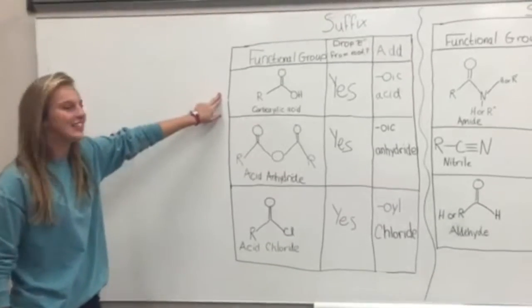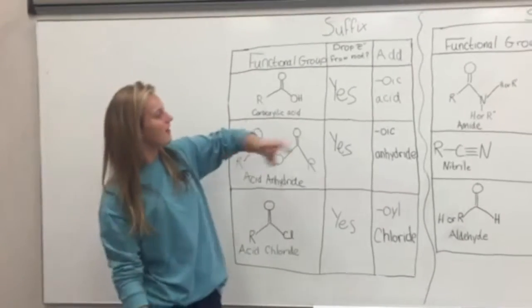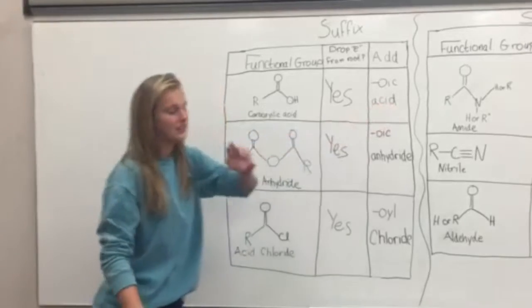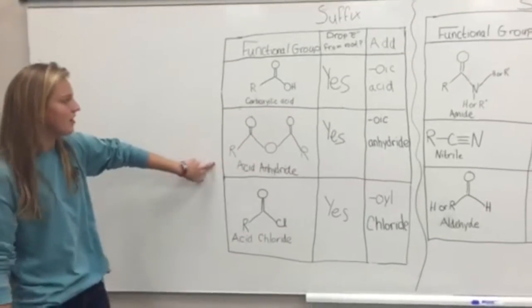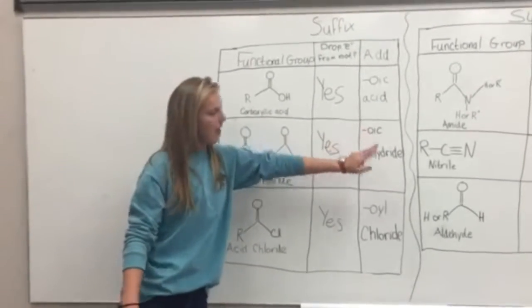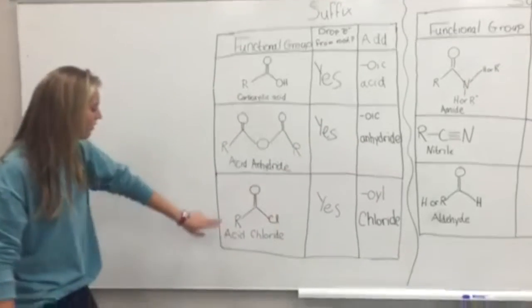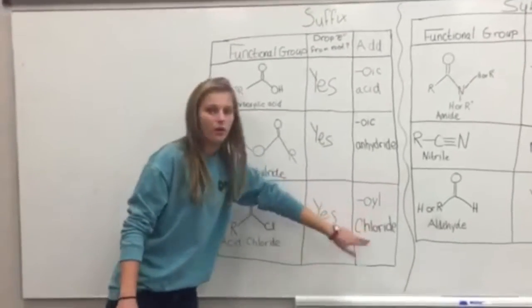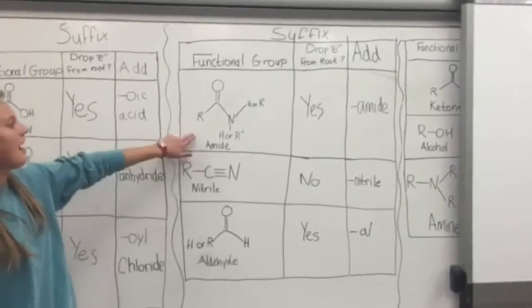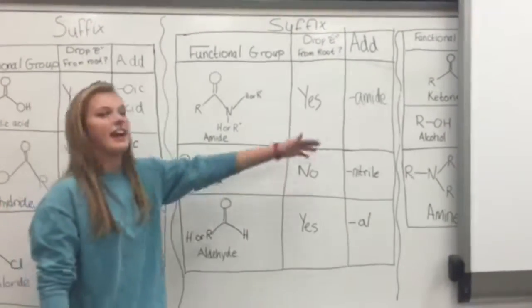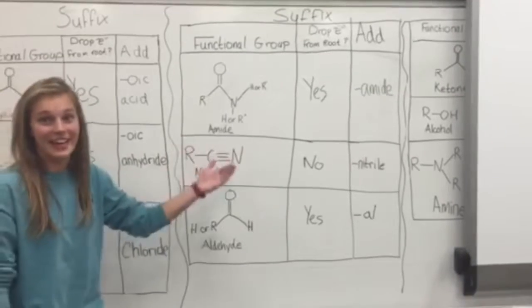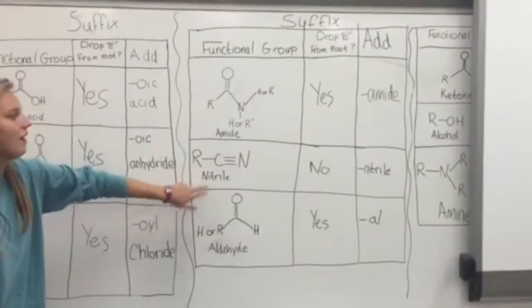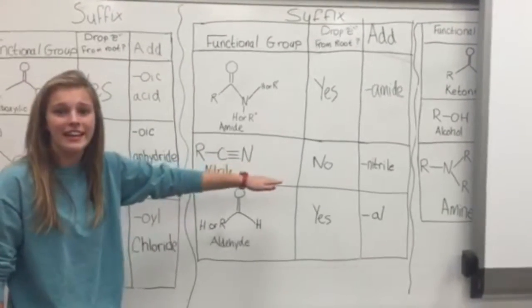For your carboxylic acid, you're going to drop the E from the root and add oic acid. For your acid anhydride, you drop the E from the root and add oic anhydride. For your acid chloride, you drop the E from the root and add oyl chloride. For your amide, you drop the E and add amide. How simple is that? For your nitrile, you will not drop the E;